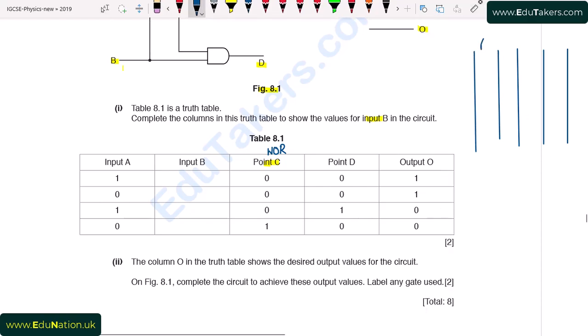If I consider that it is input A, it is input B, and it is X, that is equal to A or B, and this is output C, which is equal to A or B, and I apply NOT over it. So first of all, inputs are 0 0 and 1 1. Then the inputs are 0 1 0 1.